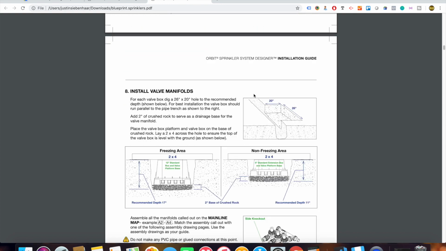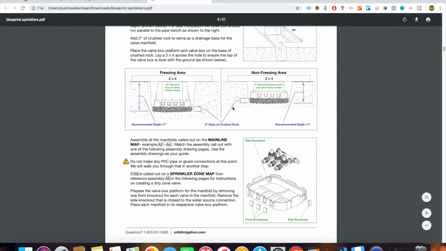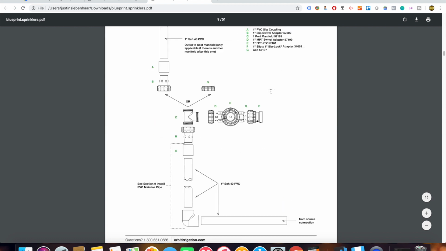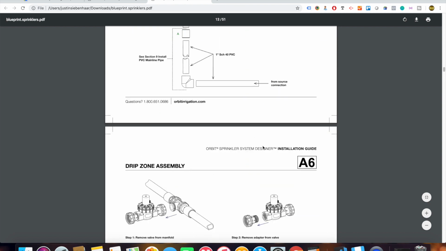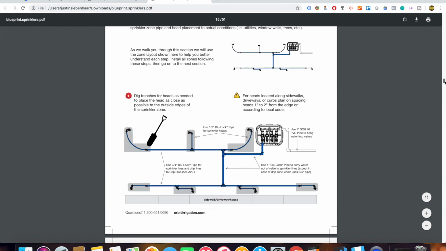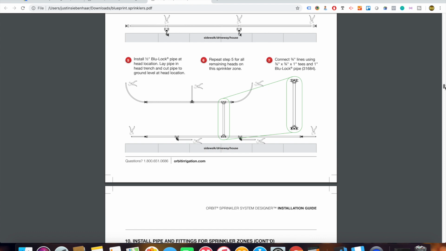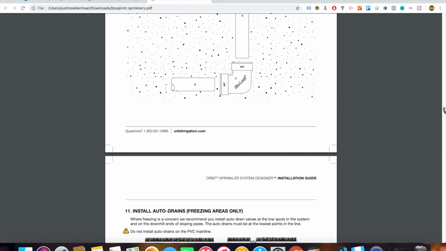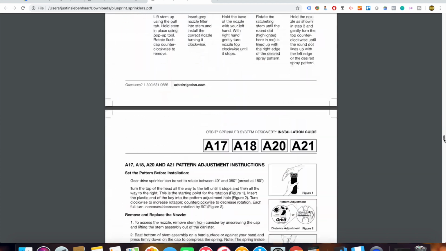So here's how you would dig and install a valve box using our pre-assembled manifolds. Here's how you would assemble manifolds, all the way down to the installation of the pipe, the installation of the fittings and the heads, where to cut them, how to install those. Everything's detailed in here. It tells you how to install your timer, how to wire the timer, and then when